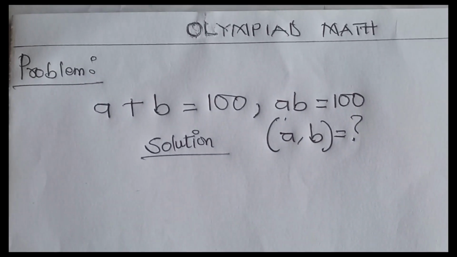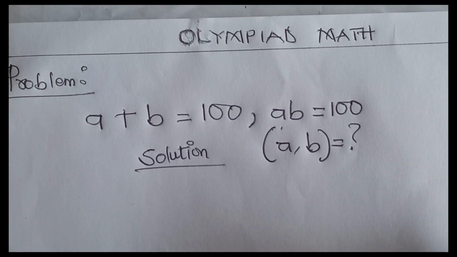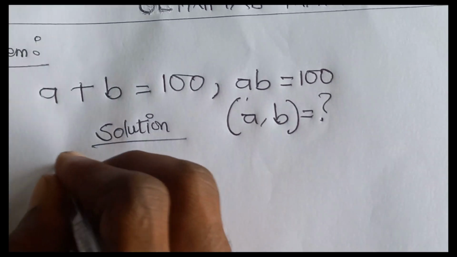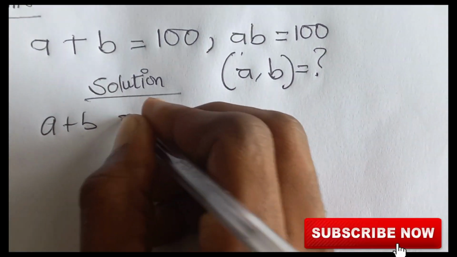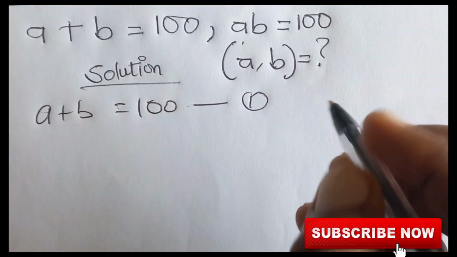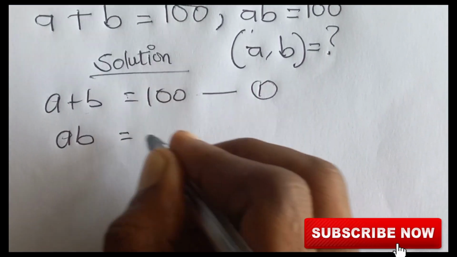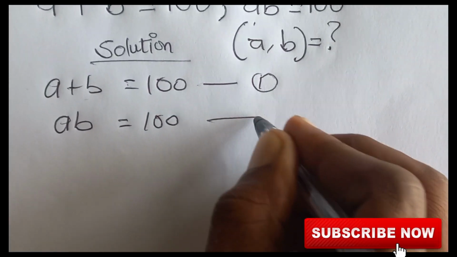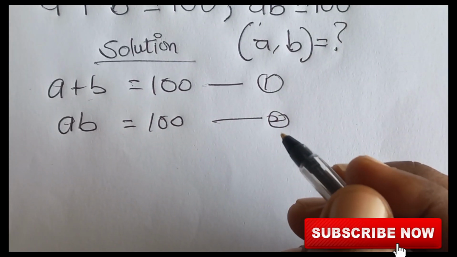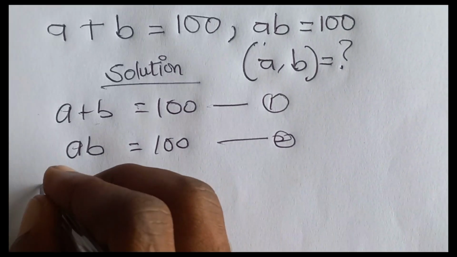So we are going to solve this Olympiad math problem. With this, we can say that a plus b is equal to 100. We name it as our equation 1. Then a multiplied by b is also equal to 100 as equation 2. So from equation 1,